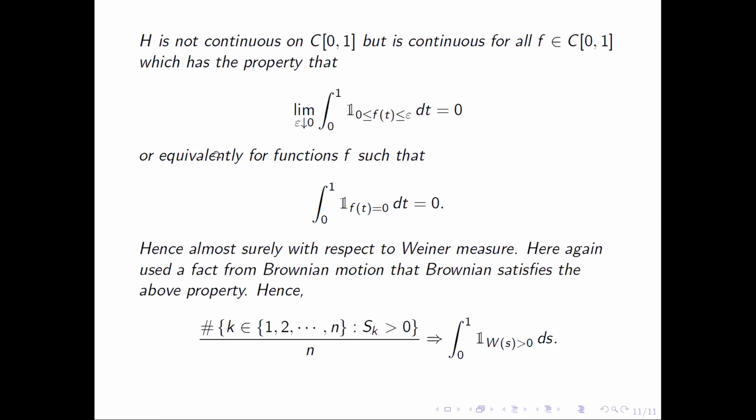Now, if you apply this functional with Xn star, what you get is the number of points where Sk is strictly positive divided by n, which would converge to this function. By uniqueness of the limit, you get the arc sine law. Okay, so I'm using a lot of stuff from Brownian motion, but this is just to give you an idea of where this strangely appearing arc sine law comes from.